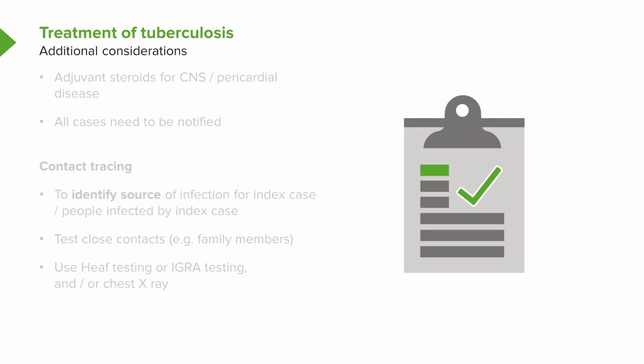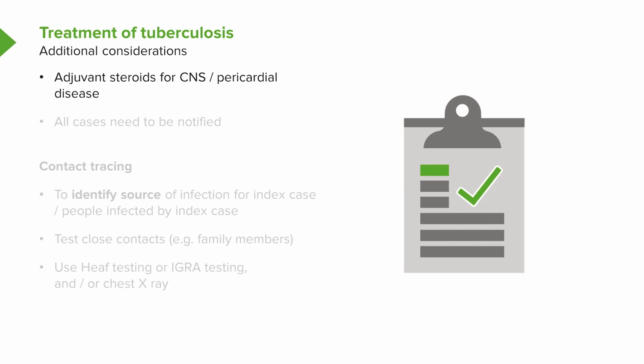There are other things we may want to do. One is that with patients with brain involvement of tuberculosis or pericardial disease, we give them corticosteroids. The reason why we do that is that tuberculosis, as it heals, is a very scarring infection. So you get a lot of fibrosis occurring where tuberculosis has been, and in the brain, that causes neurological deficits. We know that if patients are given corticosteroids, then the chance of having long-term brain damage is reduced. The same applies for pericardial disease. We worry about the development of constrictive pericarditis, and the chances of that are reduced by giving the patient oral corticosteroids as well as their TB therapy.